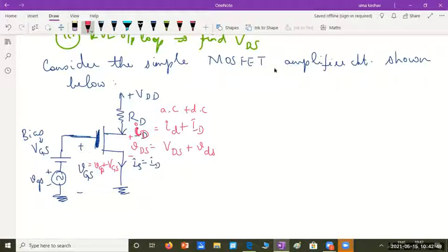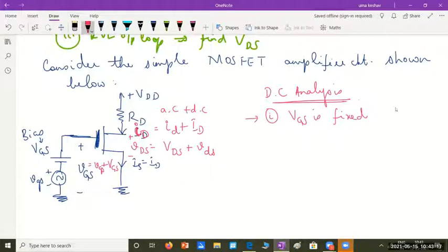Okay. So what is the DC analysis in this circuit? First step, I told you we should do DC analysis. Then we will derive the small signal model to replace this MOSFET. What would be the equation here? Step 1, VGS is fixed. So the input gate source voltage is fixed to be greater than VT. Please remember, if a MOSFET should conduct, these are small things which we have to remember.